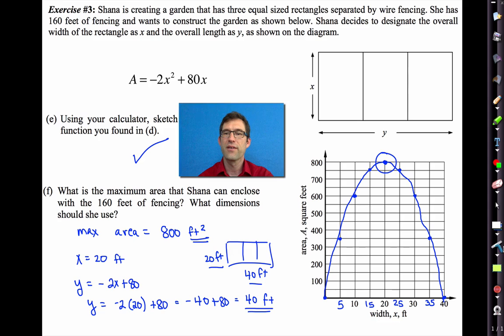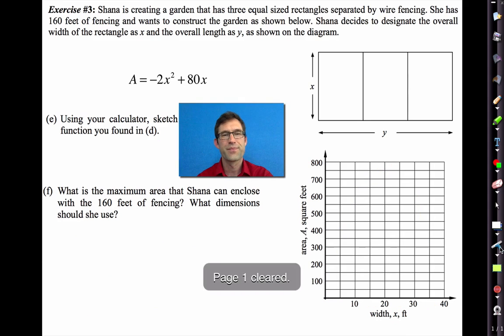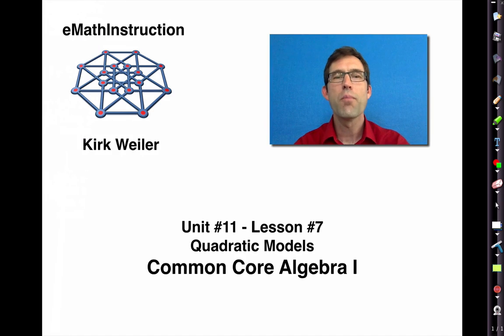Okay, clearing out the text. All right, let's wrap up. So mainly what I wanted to do in this lesson was review the basics about quadratic models. How you can look at a quadratic model, why they're used when data increases and then decreases or vice versa. How you can look at the vertex form of a quadratic model and see that turning point. And the final problem we did was we actually created a quadratic model based on, if you will, roughly speaking,